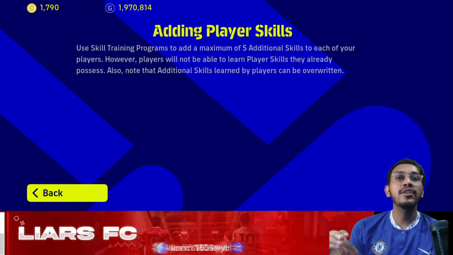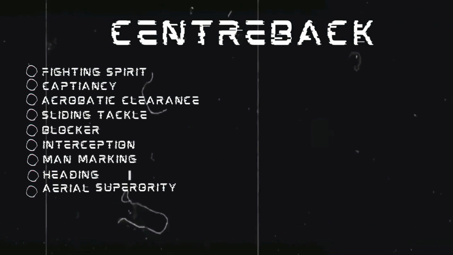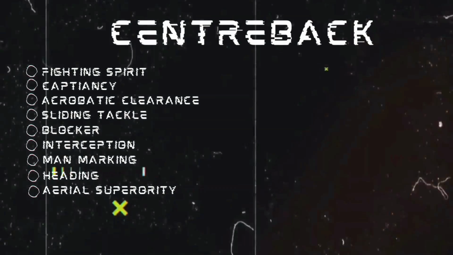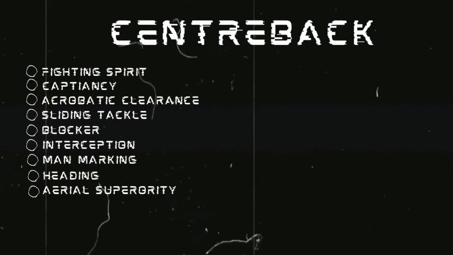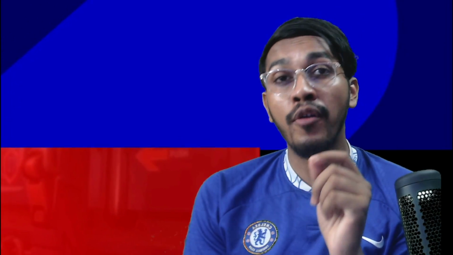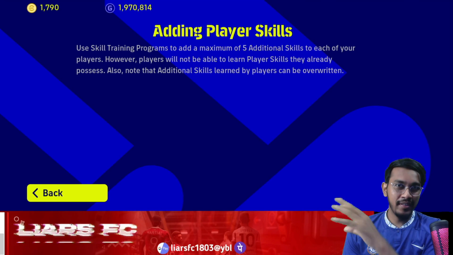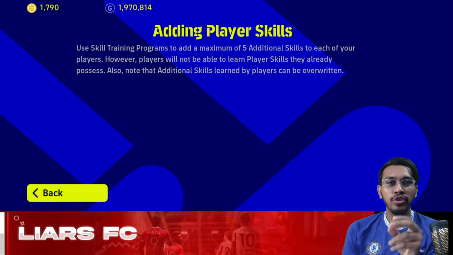For center backs you need to give these skills: fighting spirit, captaincy, acrobatic clearance, sliding tackle, aerial superiority, blocker, interception, man marking, heading. And for left back and right back who are offensive fullbacks or fullback finishers, you can give all skills mentioned for center back. Just remove aerial superiority and heading from those skills,